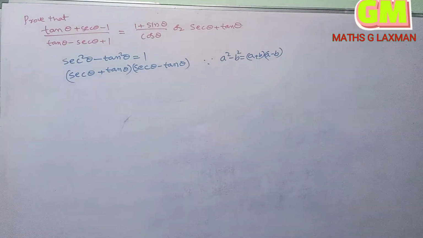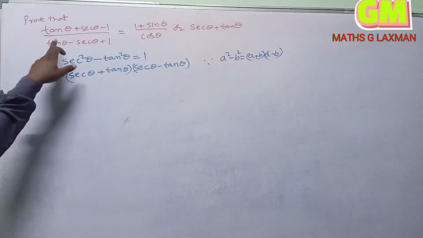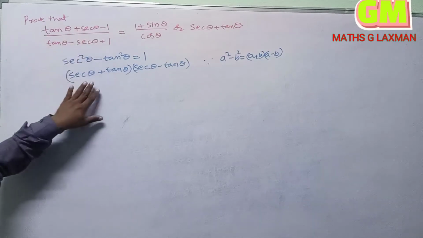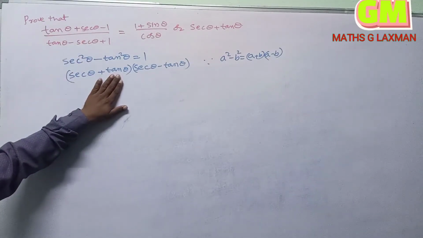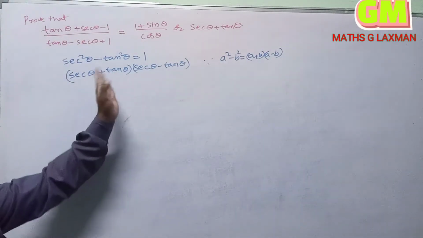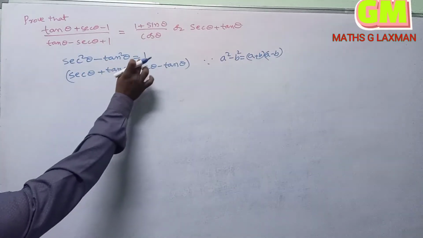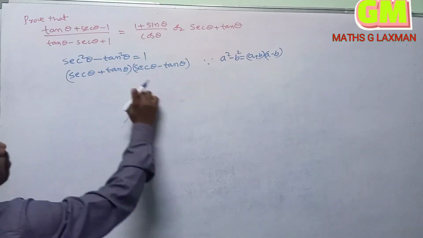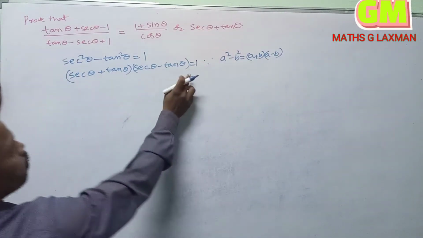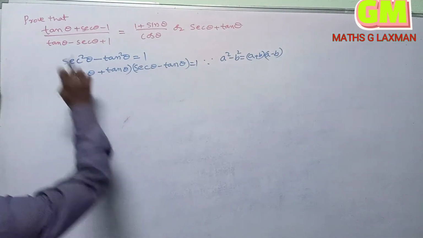So by observing, here we have a tan theta plus secant theta. It is also tan theta and secant theta. So plus, either A plus B is equal to B plus A, commutative property. So apply this. In place of 1, if you write this one, which is equal to 1. So in place of 1, if you write like this, so what you will get?